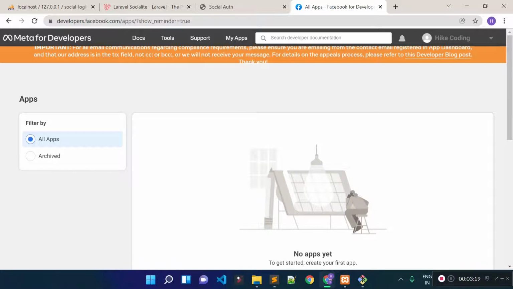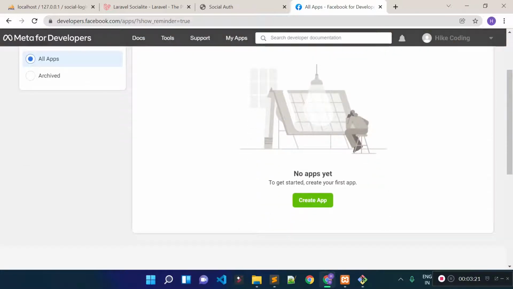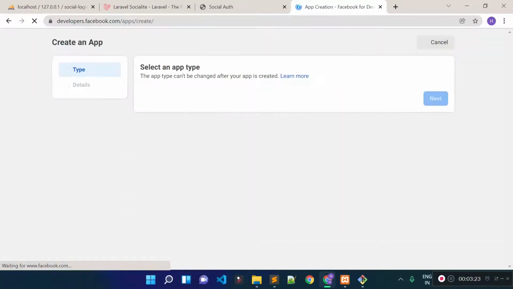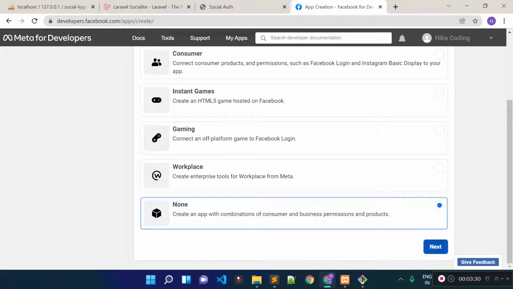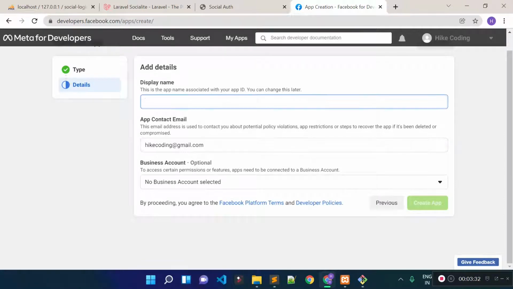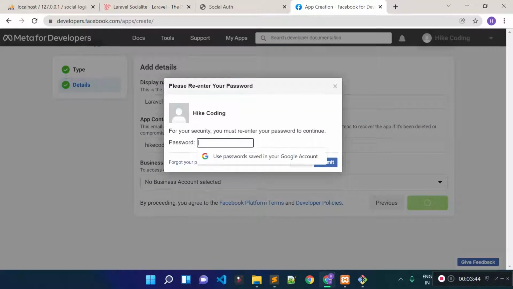I already authenticated here, and then let's click on this create app button, and then let's choose none from here, and then let's click on this next button, and then let's provide a name to your app. I'm providing Laravel social login, and then let's click on this create button. This is asking for the Facebook password, so let's provide your password.